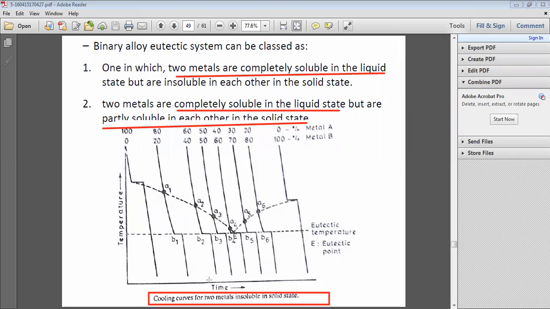So on this axis, this is time, and on this axis, this is temperature being taken into that part. So if we see, these are temperature markings out of it. So this is metal A and metal B. This is percentage on this side and this side. So it is eutectic temperature, that is the eutectic point we were talking about. So this is the temperature at which there is change in phase in this chart.